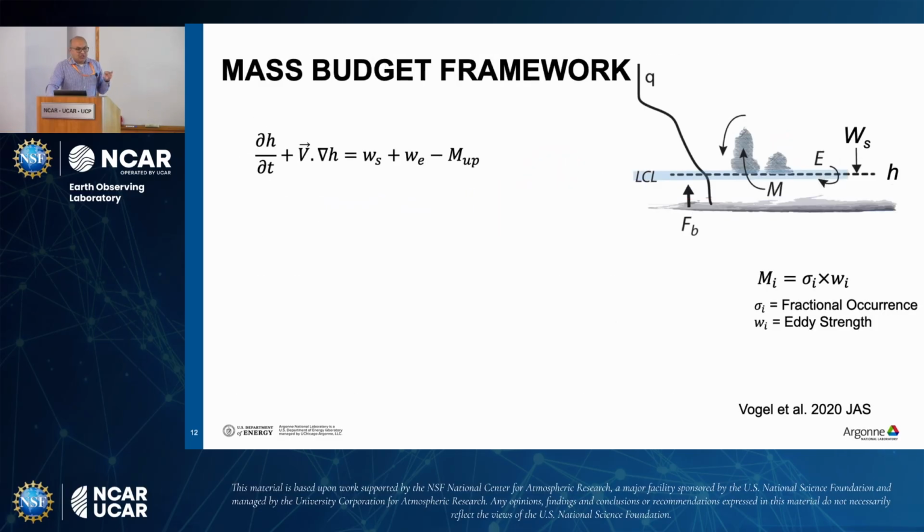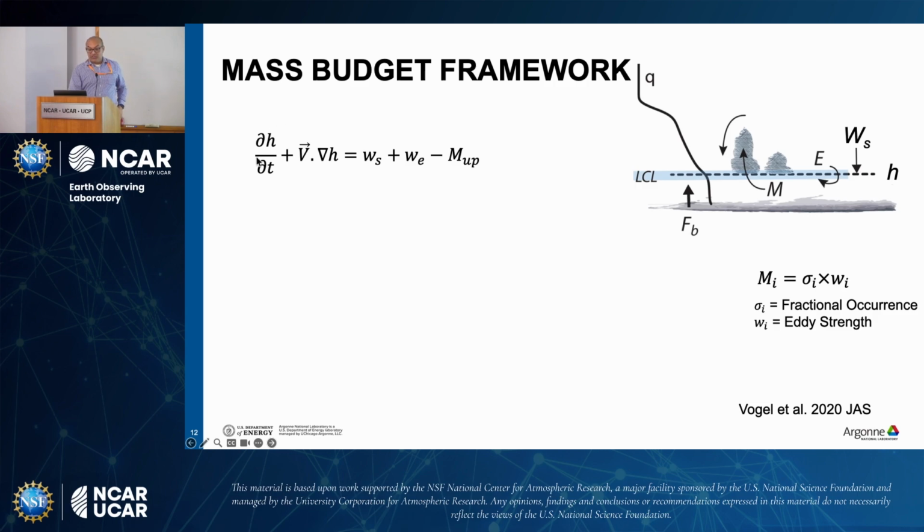All right. So for the rest of the talk, I'm going to focus on mixed layer budgets. I'm going to lay out the budget framework in this case. H is the mixed layer depth, which I mentioned before. So we do the budget of the average mixed layer, the amount of mass we have in this mixed layer. That's what we are looking at in this case.